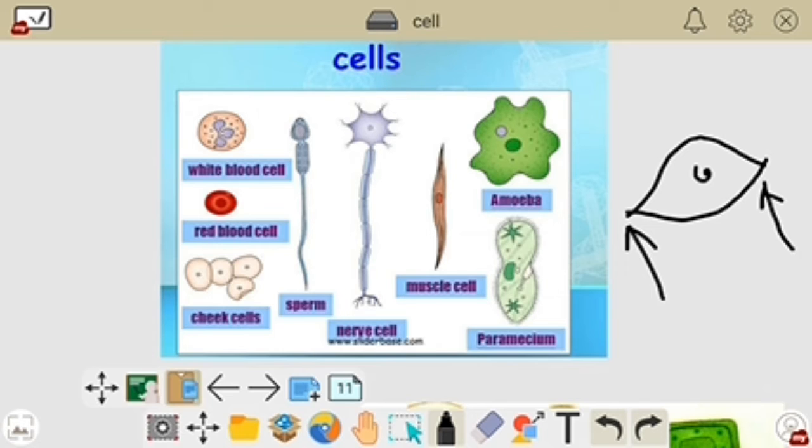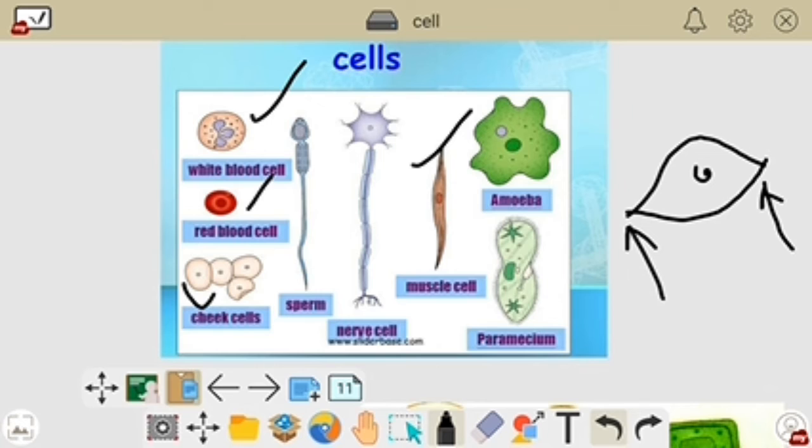Like the nerve cell receives and transmits the signal from the brain. Muscle cell helps the motion of the body. Some examples of animal cells, that means some different types of cells, are nerve cell, muscle cell, red blood cell and white blood cell. So these are the examples of what is called animal cell.